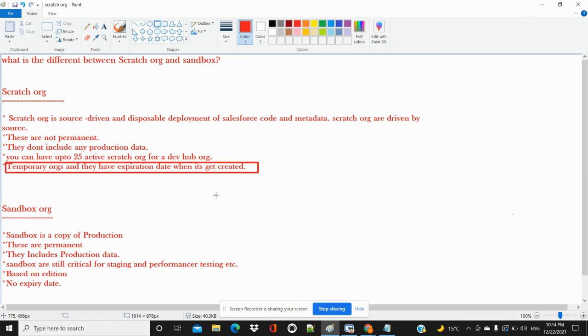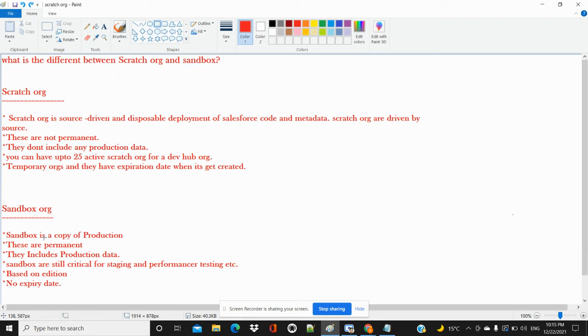Now we are talking about sandbox, and once we complete both, we are comparing scratch org and sandbox. A sandbox is a copy of production. Suppose we are creating the sandbox copy using our login.salesforce.com URL.